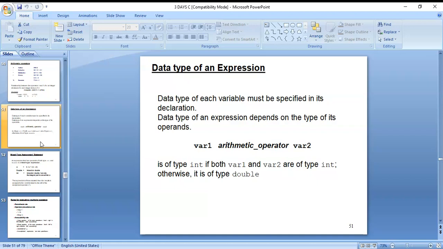The data type of an expression depends on the type of its operands. When you do an arithmetic operation, first you declare the variables with their data types: variable one, arithmetic operator, and variable two. Here both are integer variables, so you can do the arithmetic operation: 1 plus 2 is 3, and 3 plus 4 is 7.